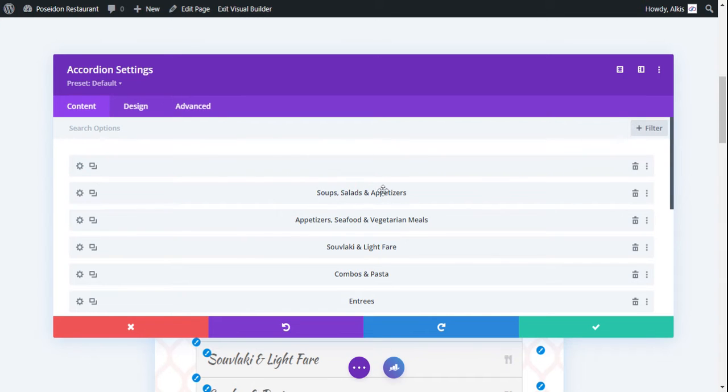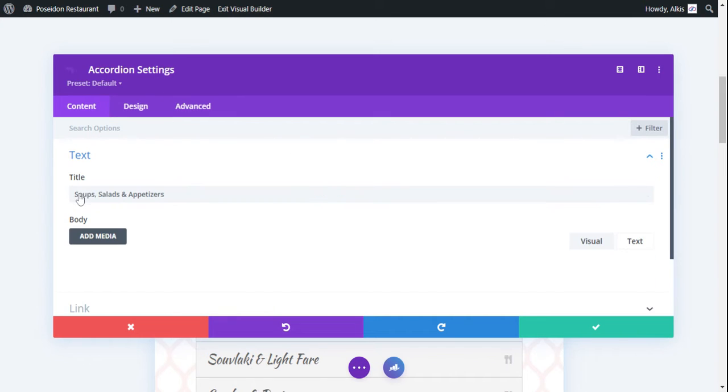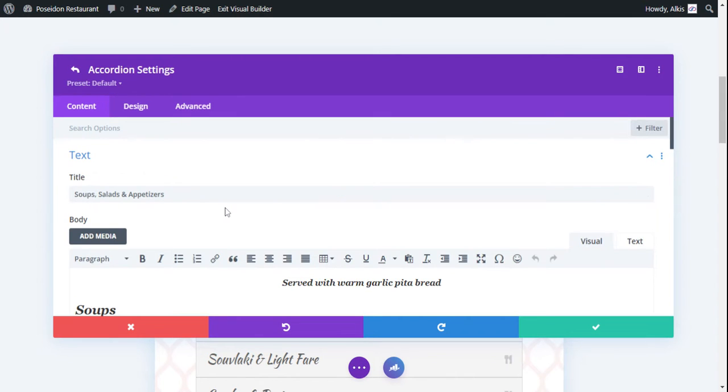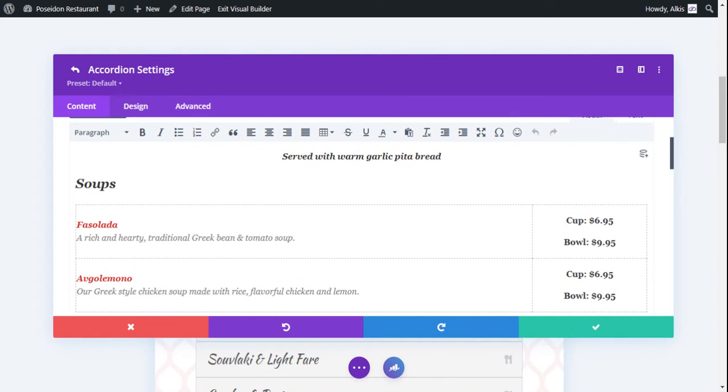Going under soups, salads, and appetizers, on the very far left, you will click on the gear icon again, and that will open your menu. Let's say this is under soups, and this is what we wanted to change. So we're going to change this from $6.95